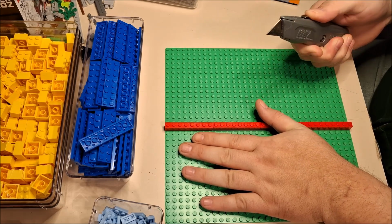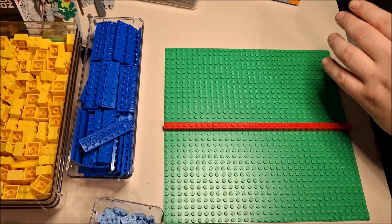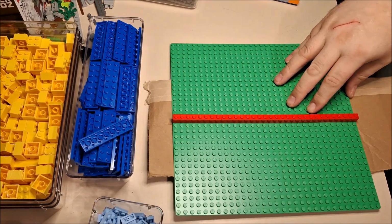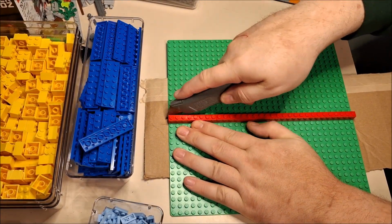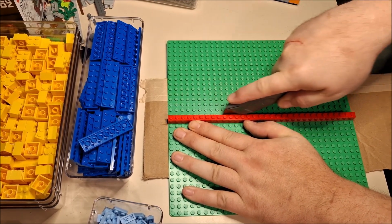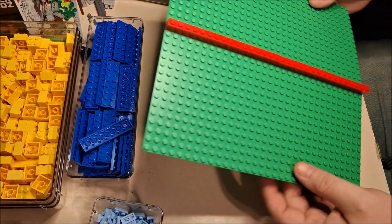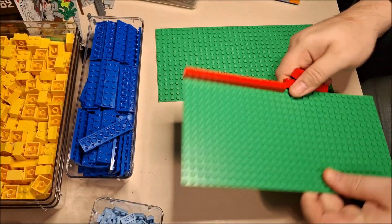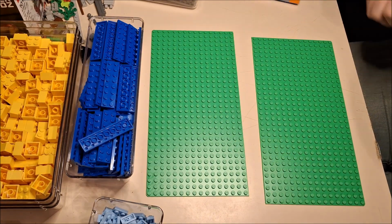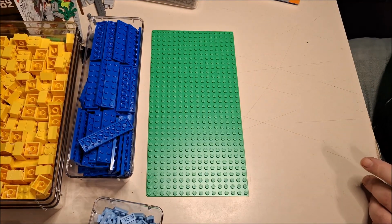Take my utility knife. Actually, I'm gonna put some cardboard underneath so I don't cut my desk. Cut along this line. Usually 2 swipes is enough. And then you can simply bend it like that. Take off your 1x8s. Now you got 2 16 by 32 plates. So in this case, we're only going to need 1. So let's set that aside